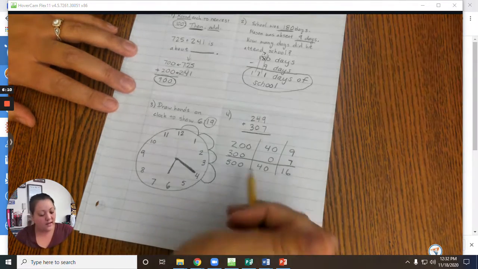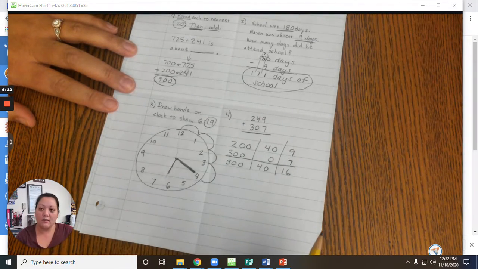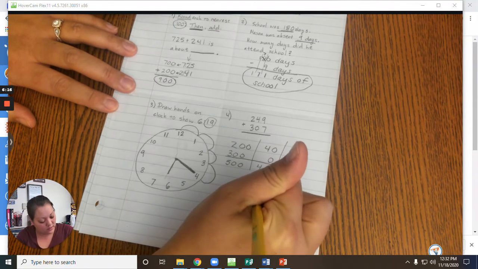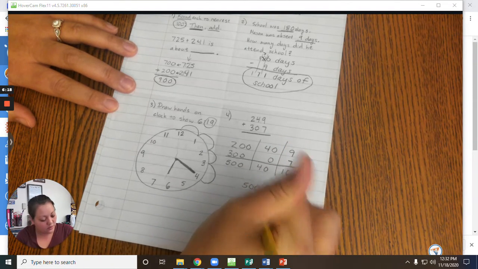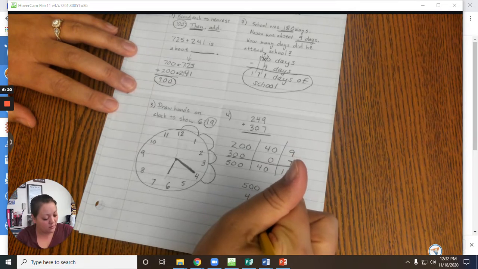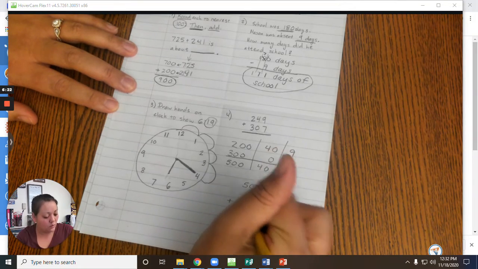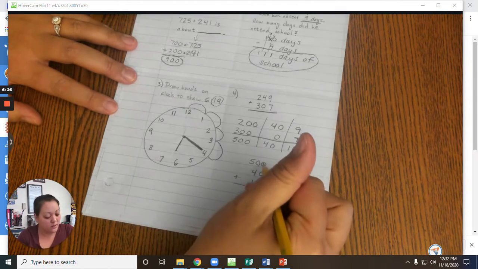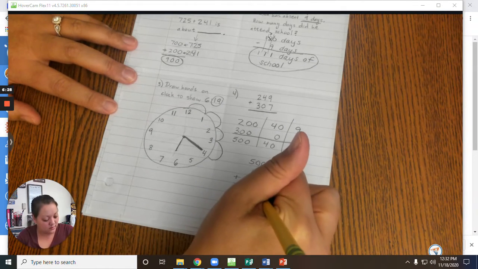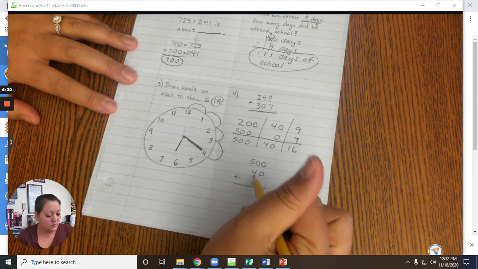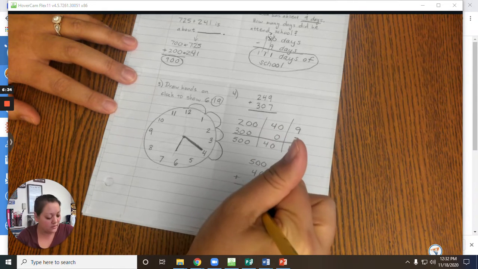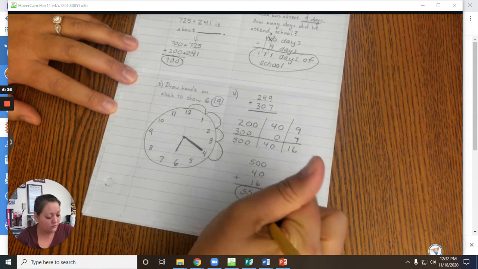Okay, so that now I have it in a smaller amount so that I feel a little bit more confident adding this together. So I'm going to be really precise and line up my numbers. So the 1s are in the 1s column, the 10s are in the 10s column, and the 100s are in the 100s column. 0 plus 0 plus 6 is 6. 0 plus 4 plus 1 is 5. And 5 plus nothing is 5. So that equals